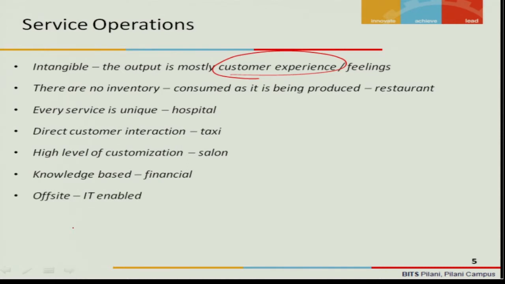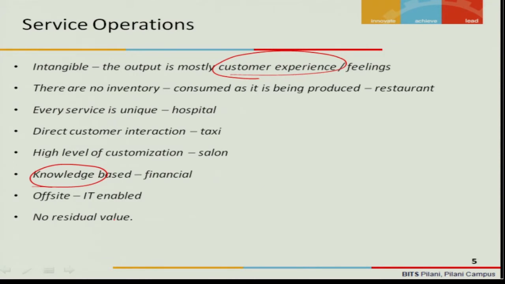It is normally off-site because these days it is highly IT enabled, and it has no residual value. In a restaurant, what will be the residual value? At the end of the day, will it have anything that you will be able to sell in terms of products or in terms of assets? Hardly any, because it is highly knowledge based and customer experience is the product, so it has no residual value. And these are all the reasons why US is